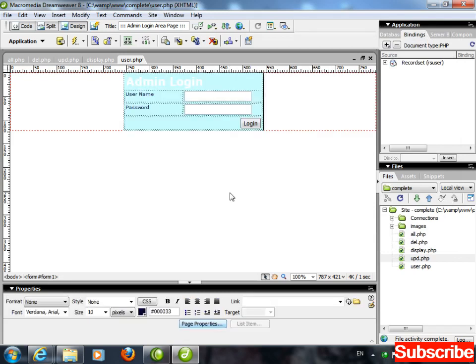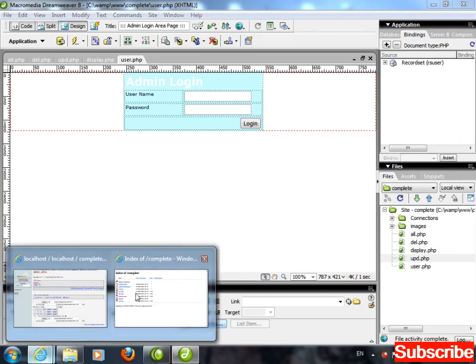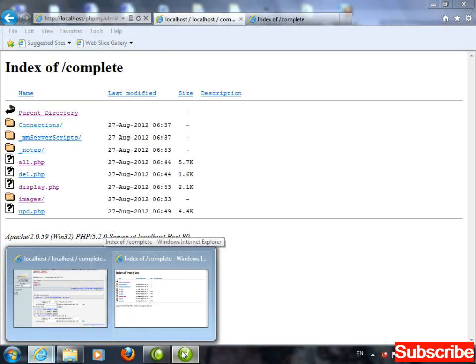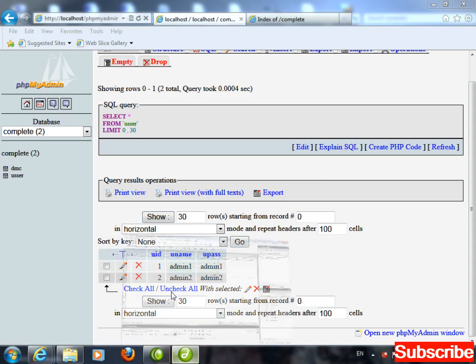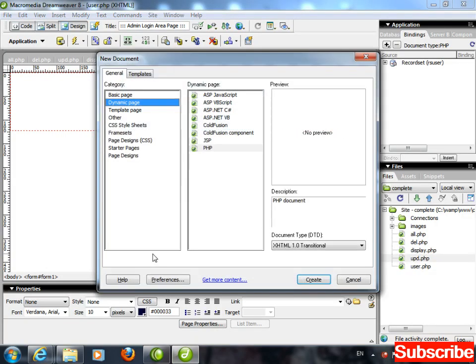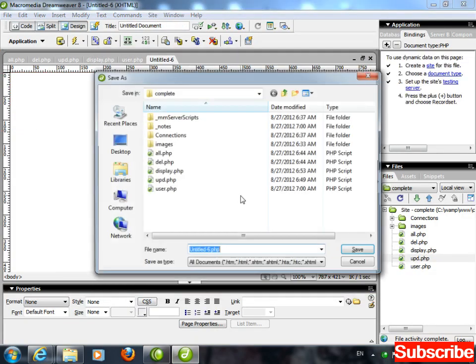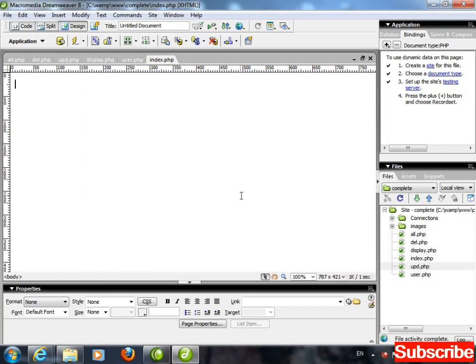Save this page, Control S. Okay, now see. Create one more page here. This is the last page. Control N, PHP page. Save this by the name of index.php. Here I'm going to write two links. One is by the name of login, and another one, let's say, is view result.